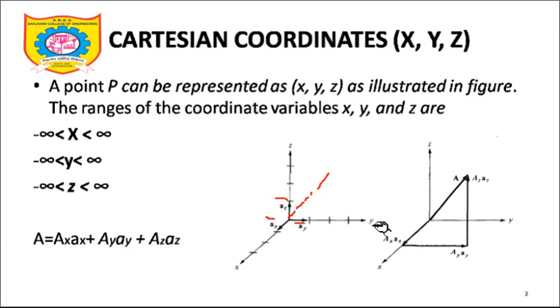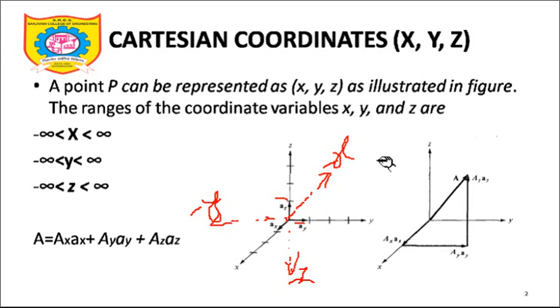Similarly, the y axis, if it is on the right hand side, and this I will denote first of all by minus x. This is plus y on your right hand side, then minus y. If I try to draw in this direction, here is the minus y direction. Similarly z, if plus z direction is going upward, then in the downward direction I can find the negative z.